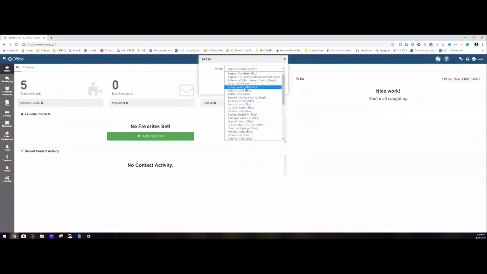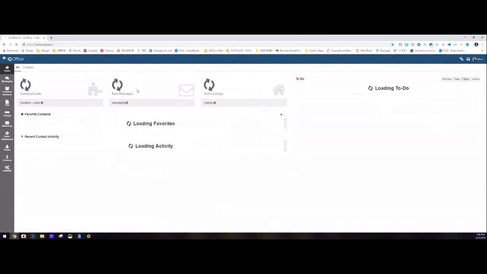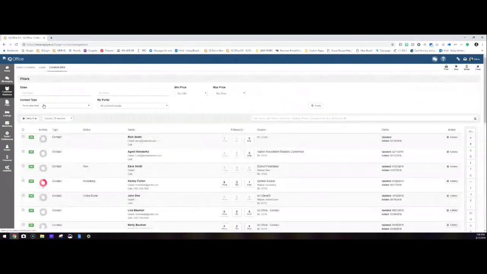I think that this is a step that oftentimes agents really don't take the time to do. And part of what we run into is people not opening the emails and reading the emails that we're sending. And that really lies in a question of, are you sending valuable content to people? And so really going into your customer relations tab and making sure that you're categorizing both your contacts and your